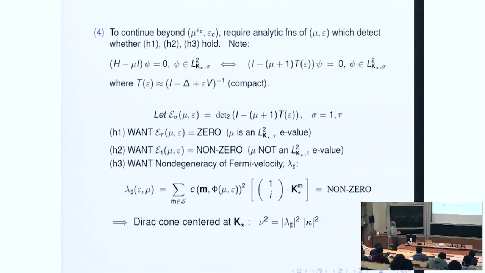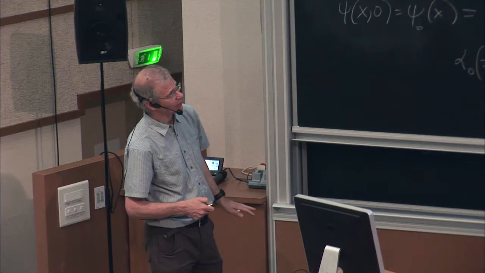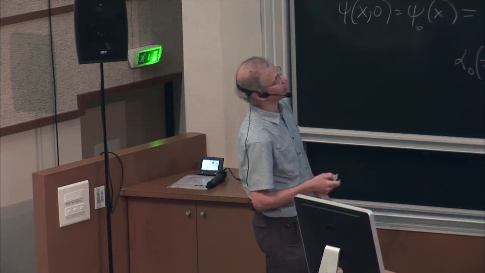And that infinite vector depends on parameters in the problem. And as we vary those parameters, even though those parameters appear analytically in the equation, the eigenvector, this choice of eigenvector might not vary analytically. Although the eigenspace might vary nicely, there might not be an analytic choice of eigenvector. So that's what the obstruction is. And so we have to find some way to get around that obstruction, what's essentially a topological obstruction.